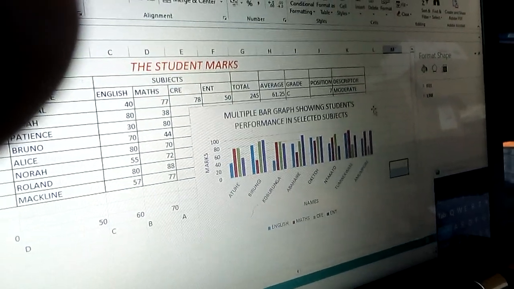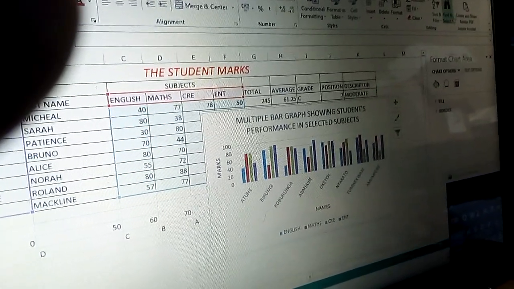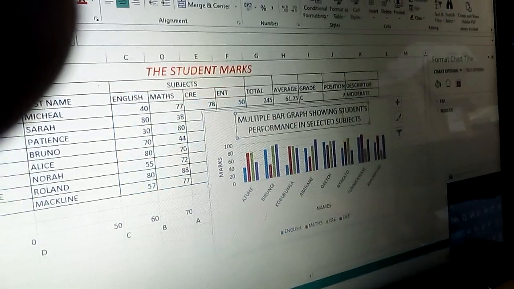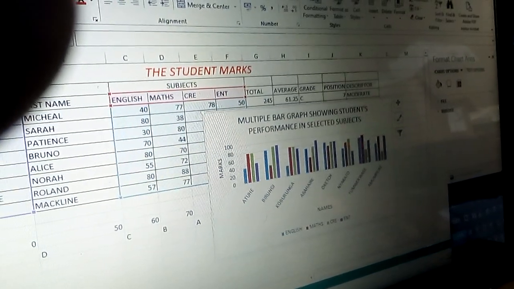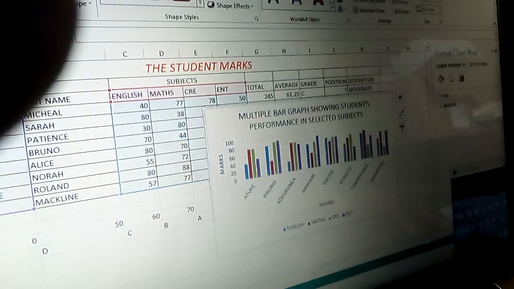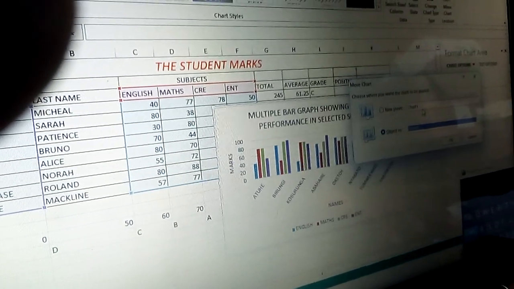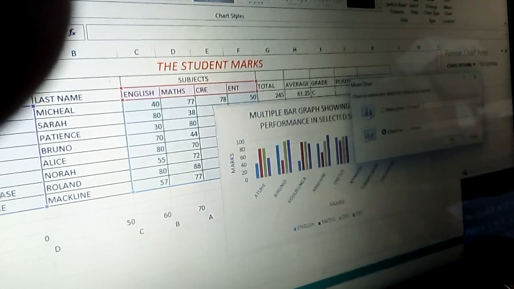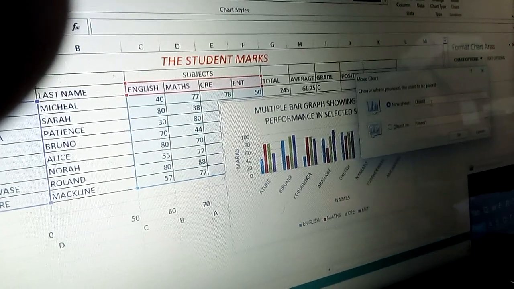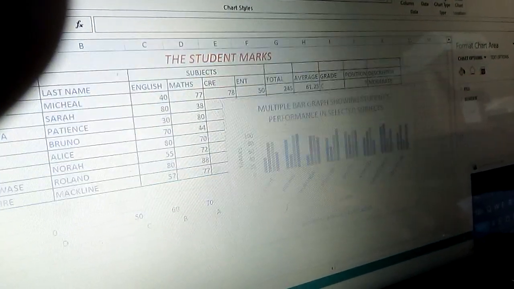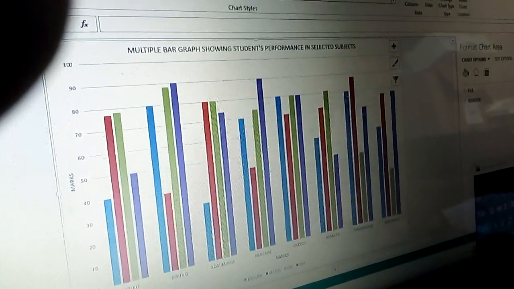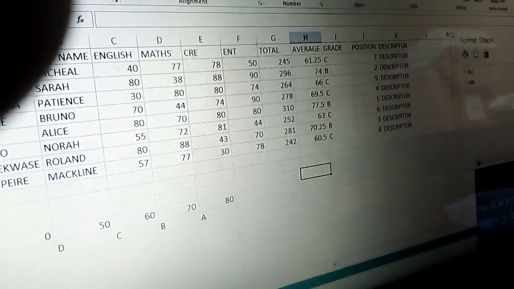So now we can move this chart, and we put it maybe on another graph or on another page. So move chart, then this is, for example, chart 1, and so now this is on sheet 2.